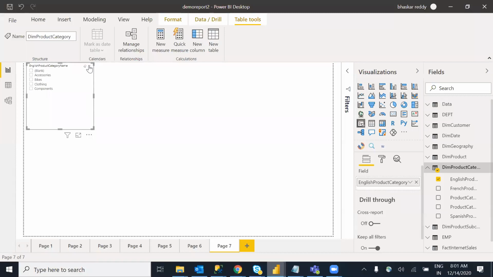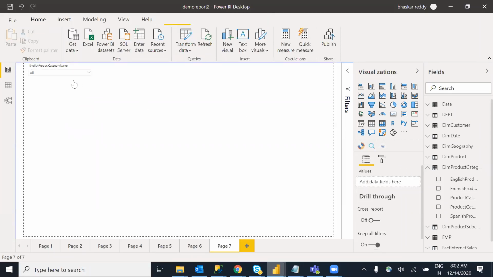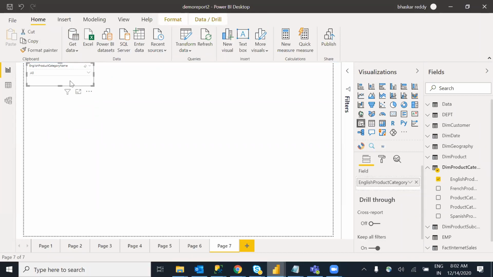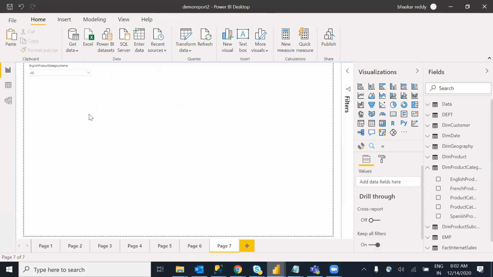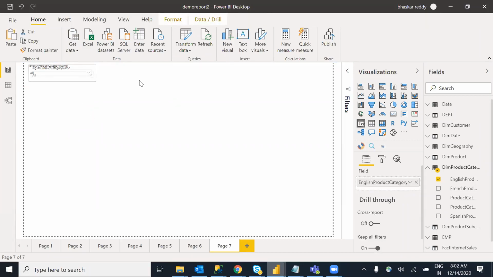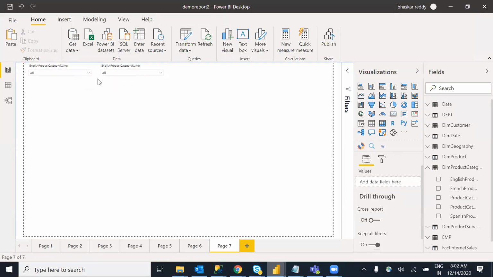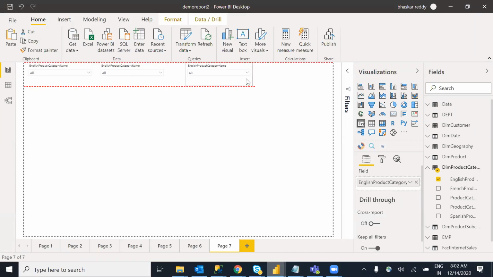I have a product category. Let me go with the drop down. Otherwise, let me copy paste. Same name will come, later you can change the field name.